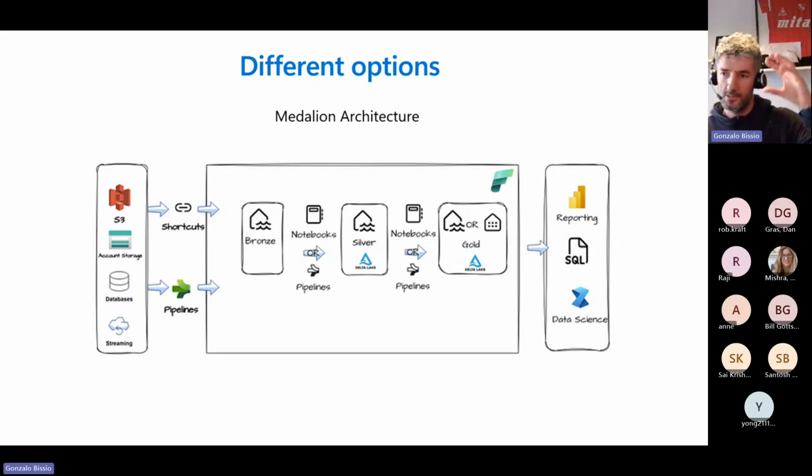Let's say that you have different sources, different types of information: structured, unstructured, semi-structured, and you want to put everything on the first layer. Then you do some transformation. You create, for example, different schemas, different tables. On the silver, you refine some information, you remove some duplicates, you prepare the data, and then you move the final version of the table or the data to the gold layer, meaning that then you can use, for example, Power BI, application